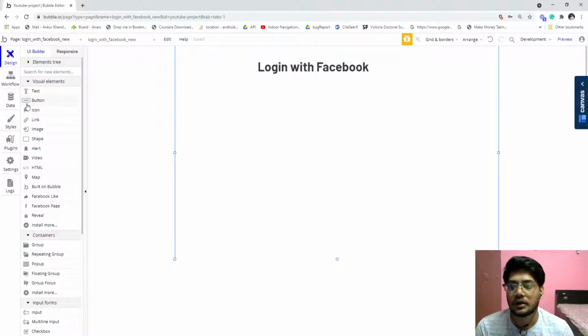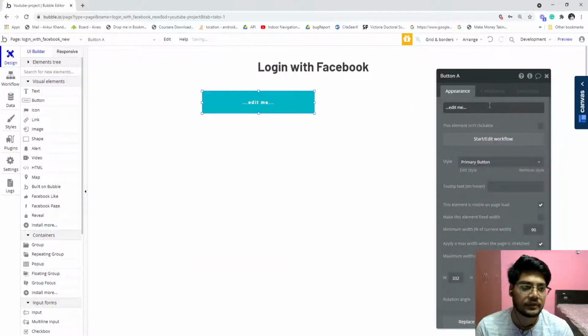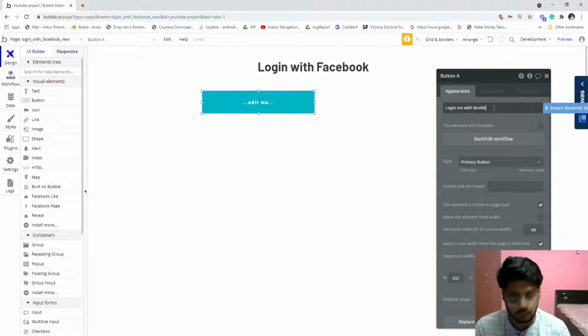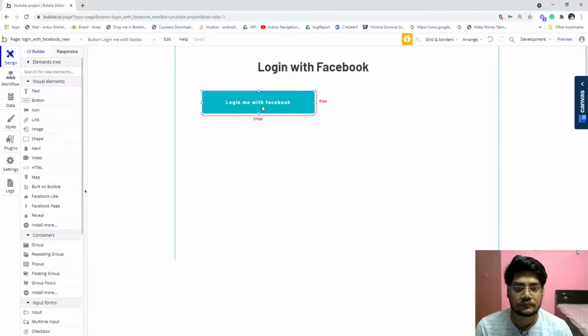Now we will create a button like this. It will just log me in with Facebook. It's running right now.